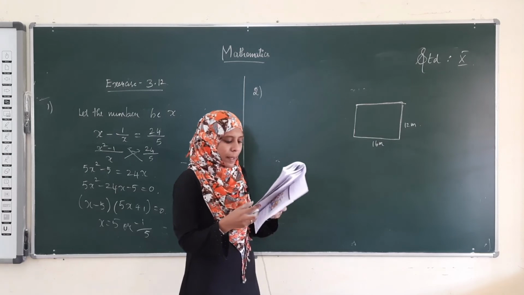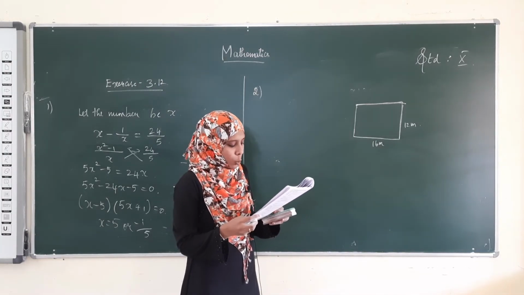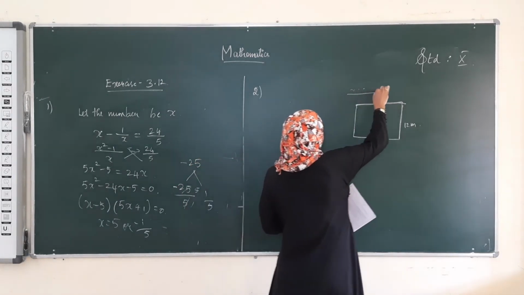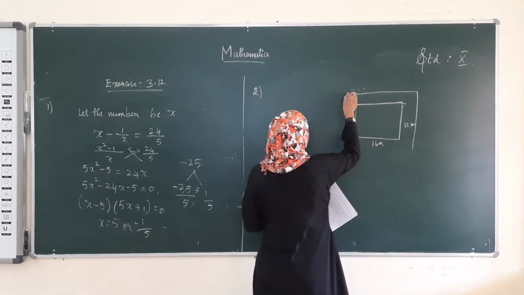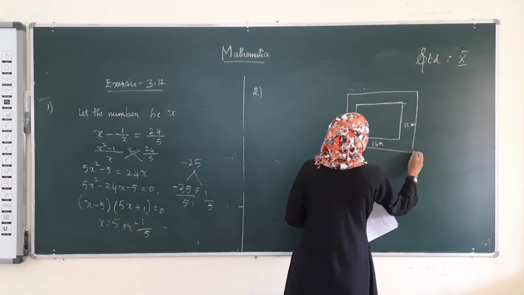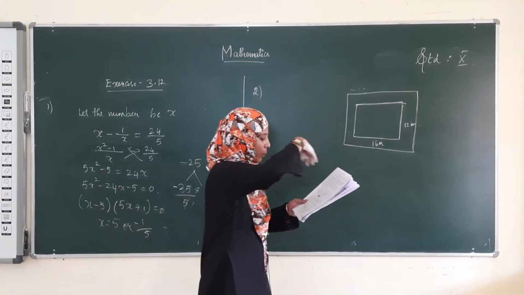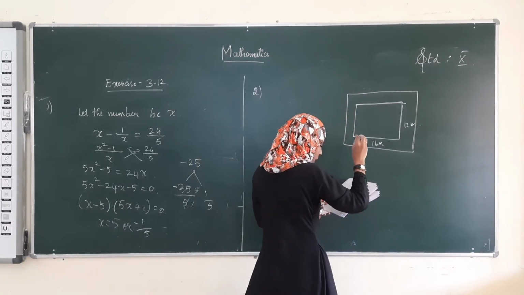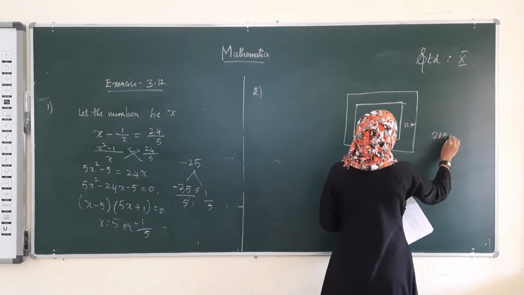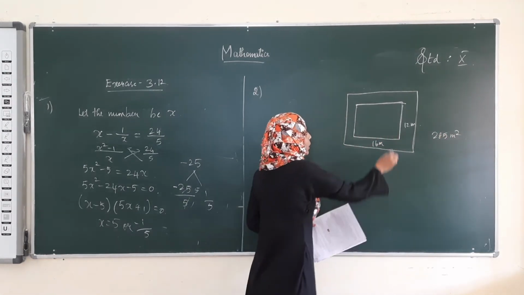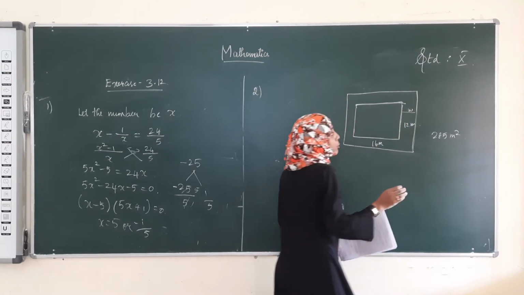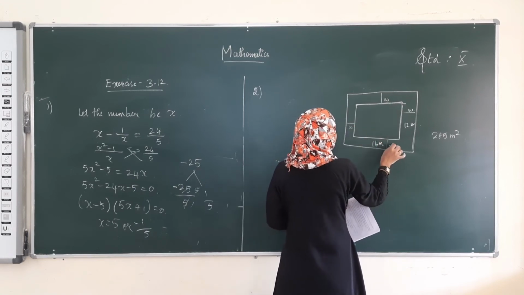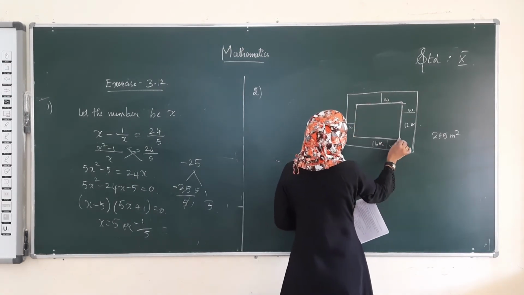Okay, is to have a pedestrian pathway that is W meters wide installed all the way around, so that it increases. See, the pathway is put like this. It is increasing. Therefore, the total area becomes, what's the total area becomes? 285 meters square. See, this is the width. The width is W. We have to find the width. The width is the same all around. Okay, W. See here, this is 16 and this is 12.